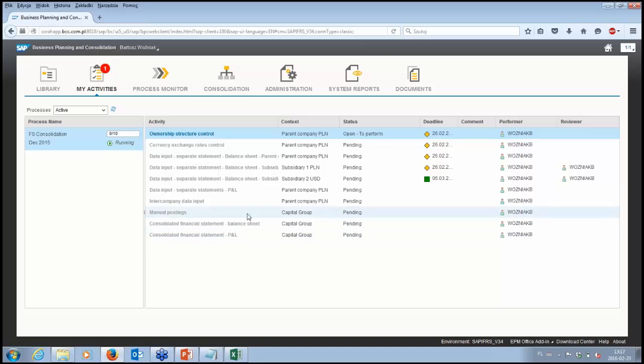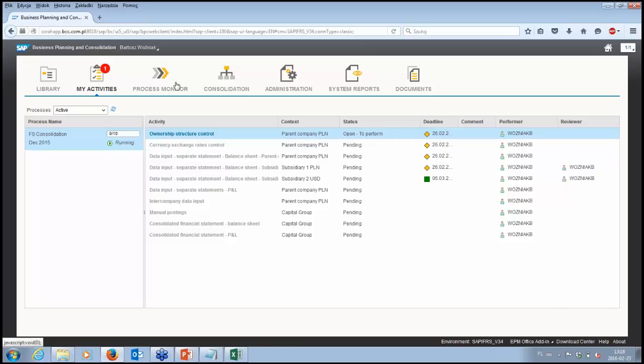One remark: this is rather unusual, but required when it comes to this kind of presentation. I'm assigned as a performer and also as a reviewer. Usually that won't happen, but to avoid switching between accounts and windows, I'm assigned, for example, in these two tasks, as a performer and as a reviewer.